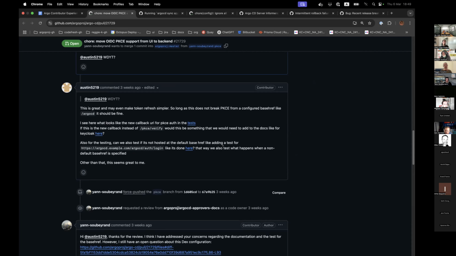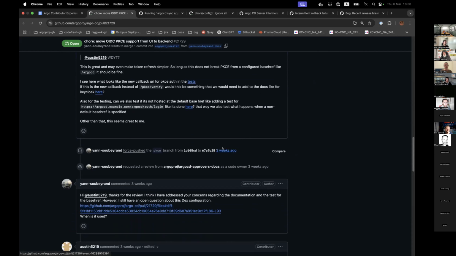I tagged Austin, who introduced some fixes, latest fixes in the front end side, but I don't know who originally added Pixie code. I don't remember who it is, but it's not the same person that you tagged in the PR. Yep. We should be able to get blame this. Maybe the UI code probably hasn't changed.